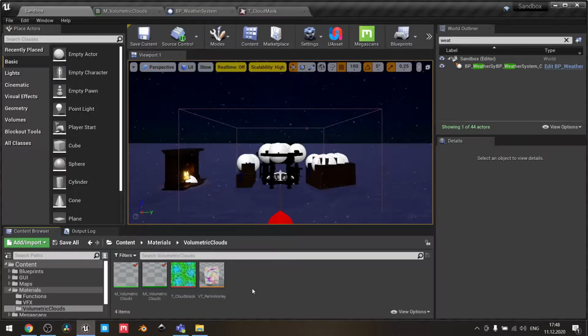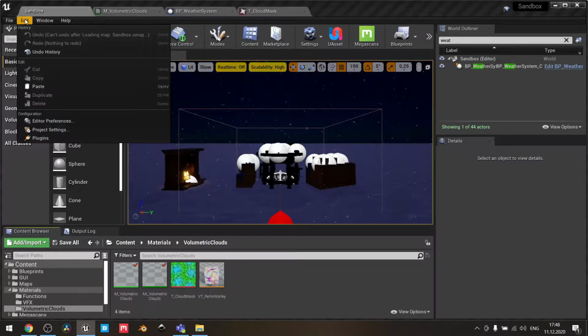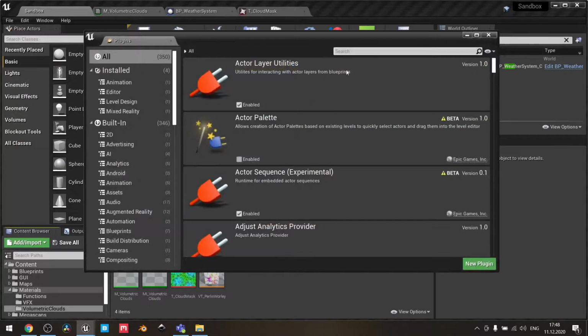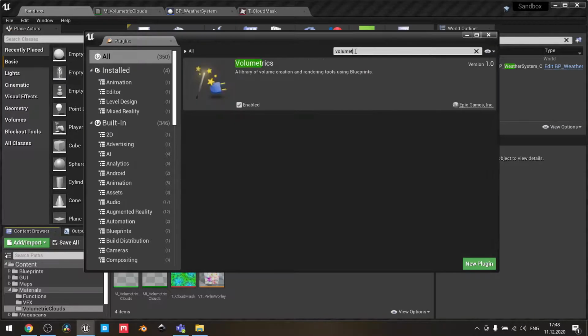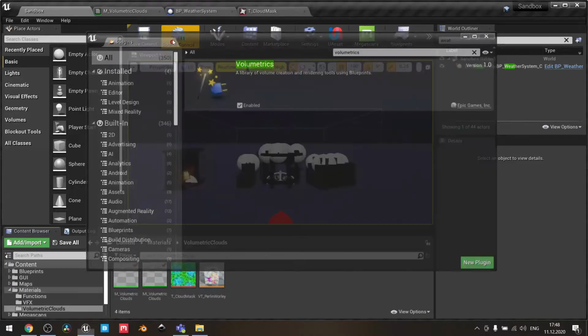Before we start with our master material, you need to enable the Volumetrics plugin. You can find it in the plugins category and search for Volumetrics. When you enable it, it will ask you to restart your editor. So please do this. Next,